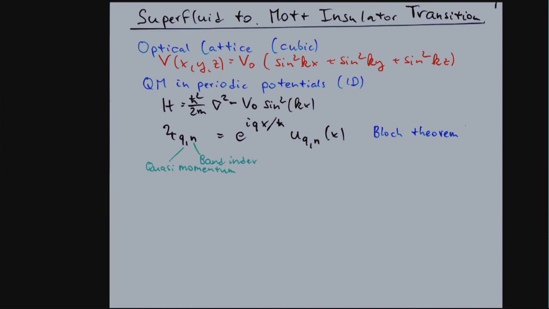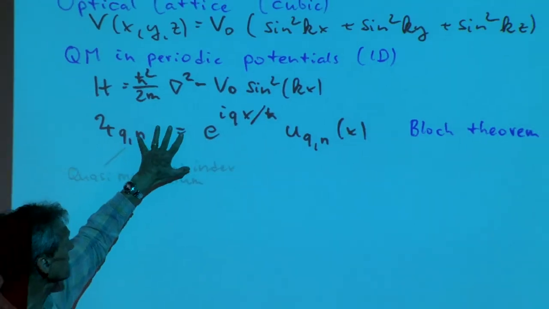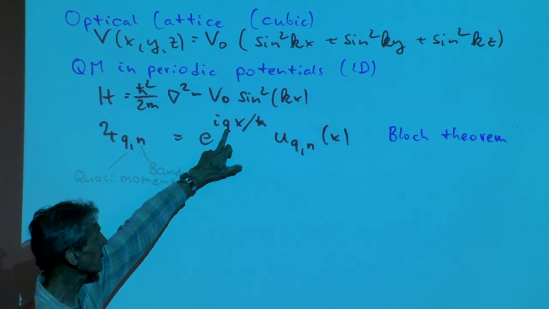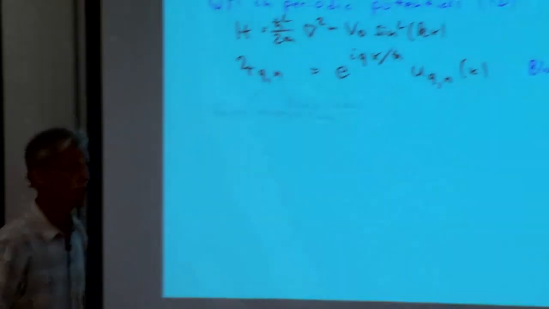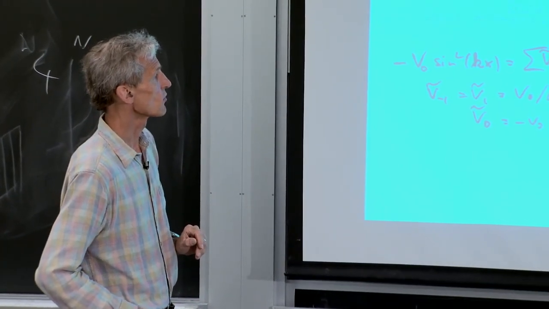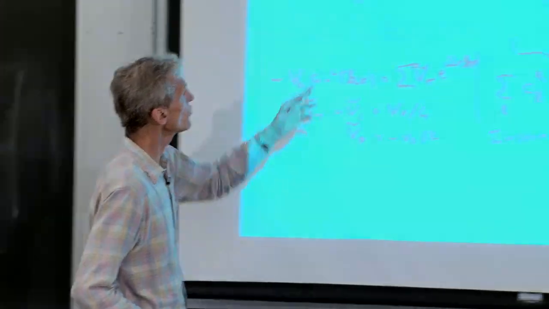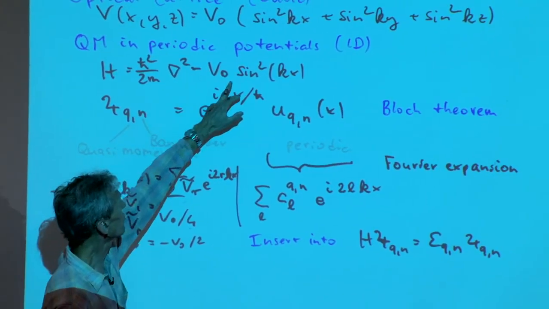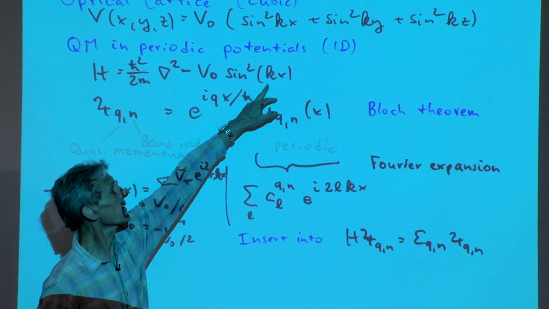So this is simple, boring, exactly understood physics. We have a Hamiltonian, which has kinetic energy, and a periodic potential, which is our lattice potential. It's rather trivial to solve that exactly. For your wave function, you use Bloch's theorem and write it as an exponential factor with quasi-momentum times a periodic function. And if you now solve Schrödinger's equation, you use Fourier space, you Fourier analyze the wave function, you Fourier analyze the potential, and since the potential is periodic,